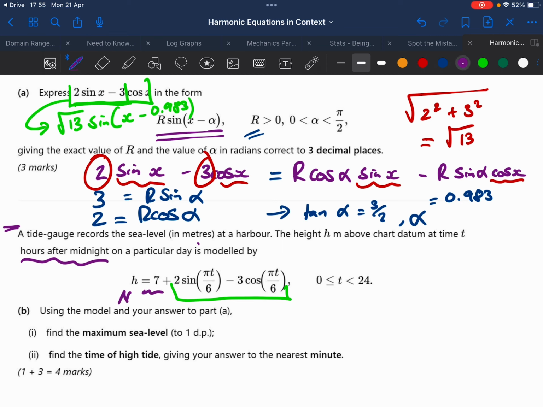The 7 is new, and our x has become, well, it seems to be pi t over 6. So the first thing we want to do now is rewrite this in terms of what we did in part A. So the height equals 7. I'm going to add the 7 because that's a new bit just added on. And the 2 sine minus 3 cos, well, I know that all becomes root 13